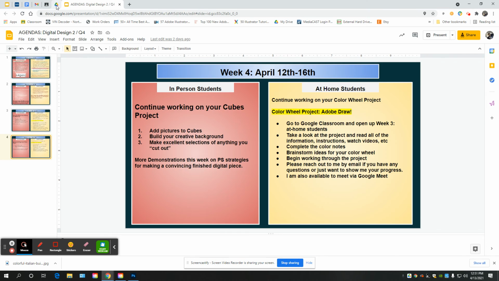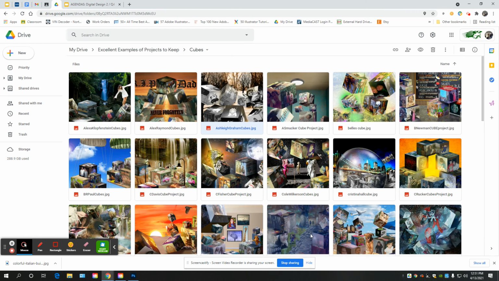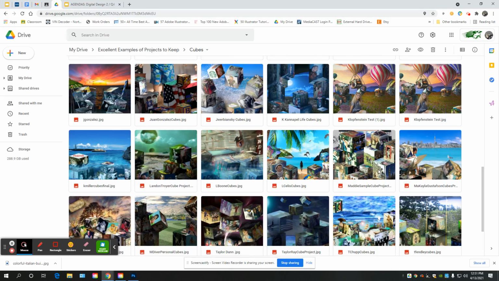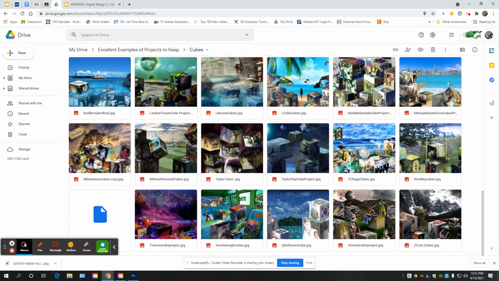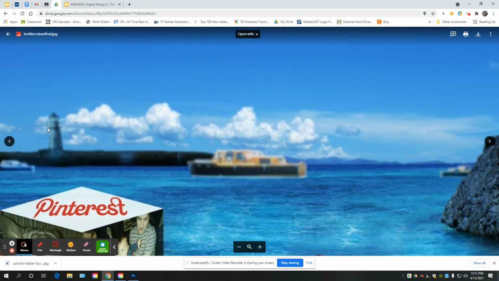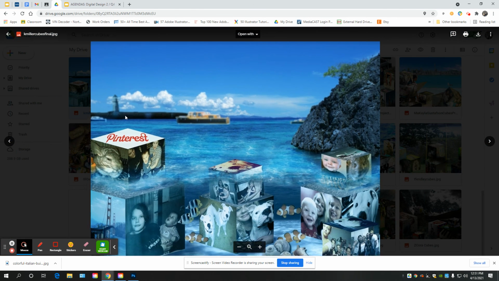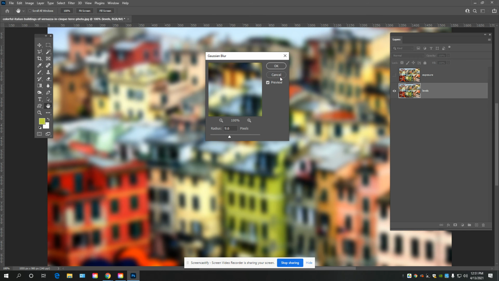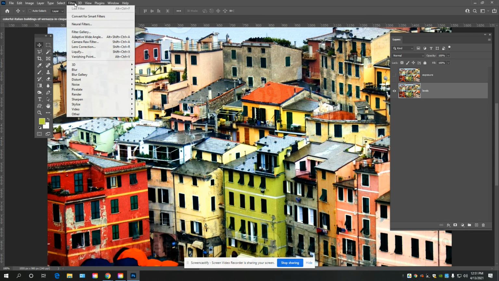I know she used the Gaussian blur for her, where is it? For all of this, the lighthouse, the boat, all this stuff in the background is blurred out. That gives it the illusion that it's far away in the distance. So that can be very helpful. So there's blur filters, filter, distort,